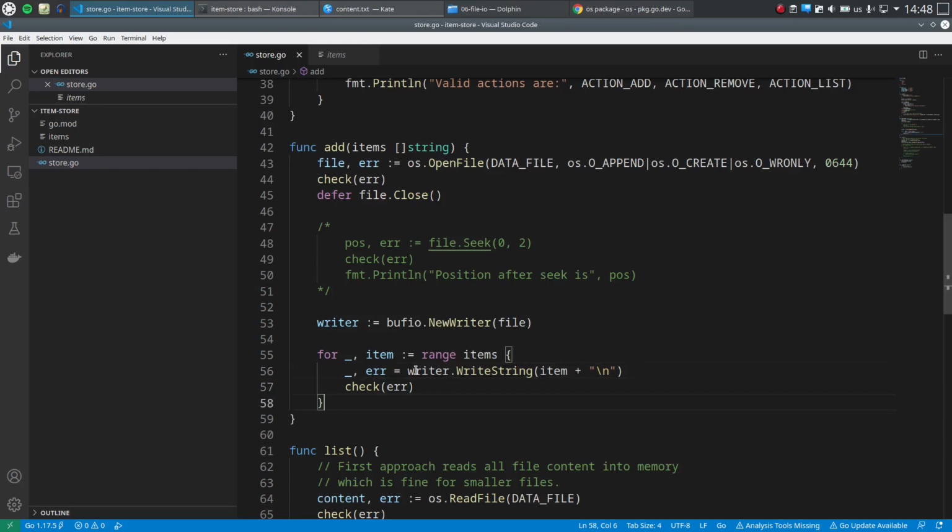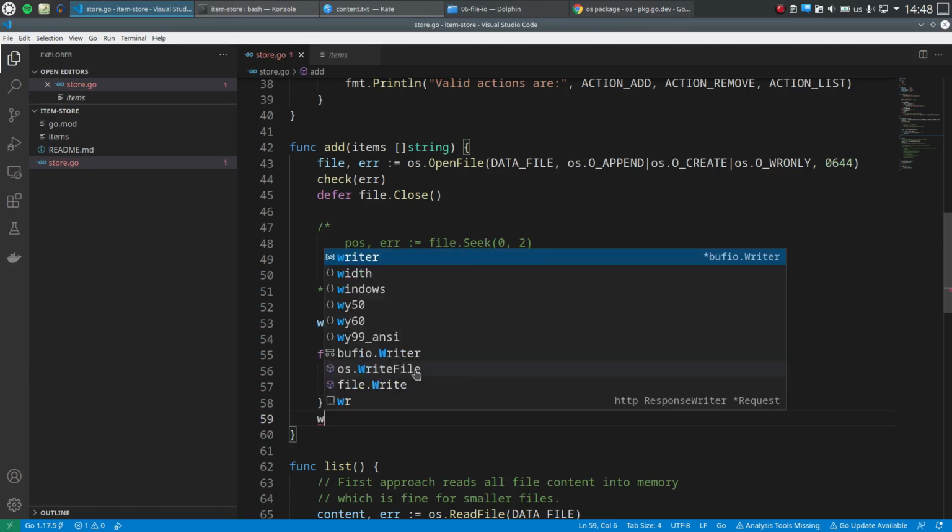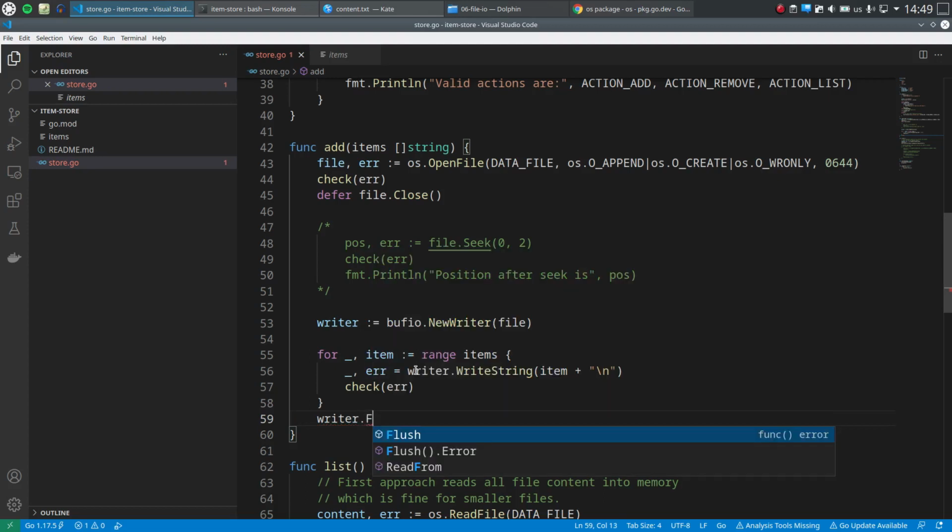But the difference is it is only going to trigger your hard drive on your system once the buffer has reached a certain amount of being filled. And that is why we need to make sure that we actually tell it to flush at the end. So it will flush to memory, to persistent storage when the buffer is full, or when we explicitly say flush it. And you have to remember to do that,